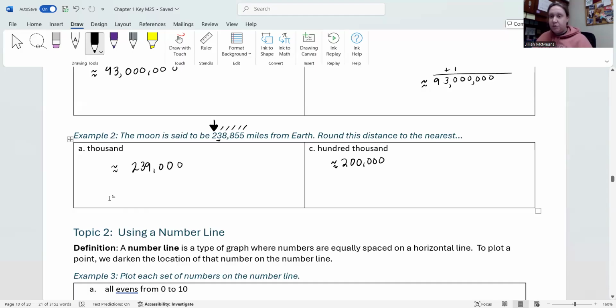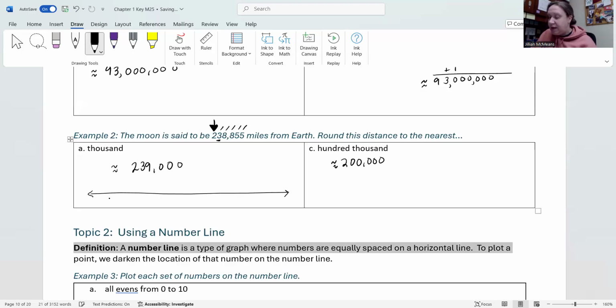We had the distance from the moon to the earth. It was 238,855 miles. Okay, so looking at part A, we wanted to round this to the nearest 1,000. So imagine a number line. And we have here 238,000. And then imagine over here we had 239 thousand. Well, in the middle would be